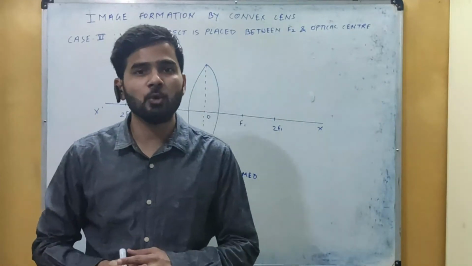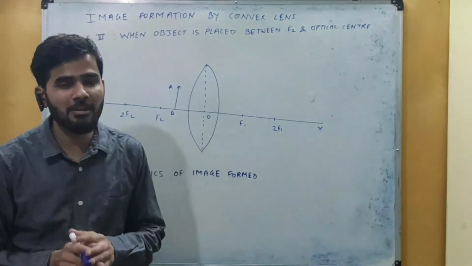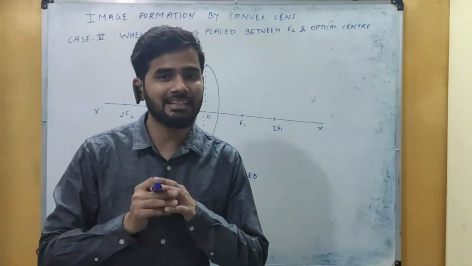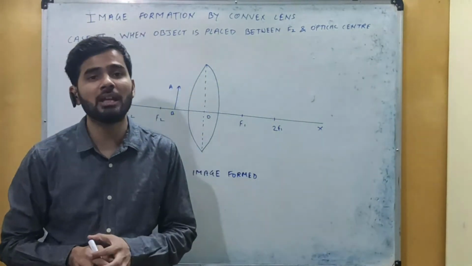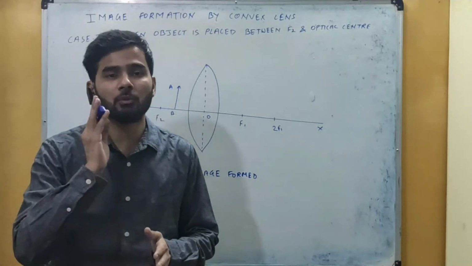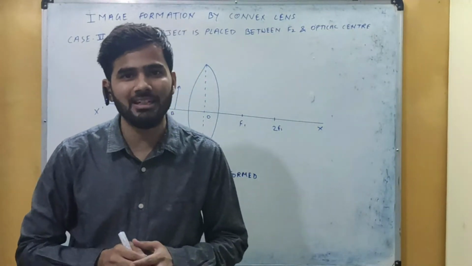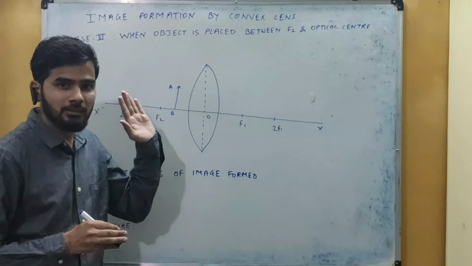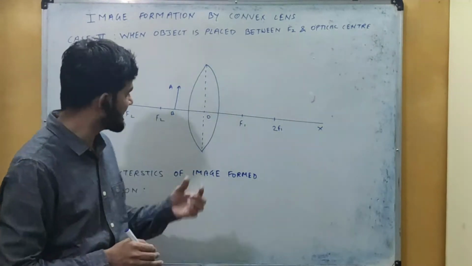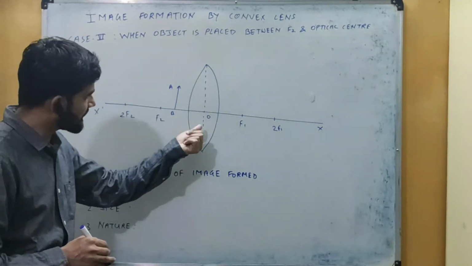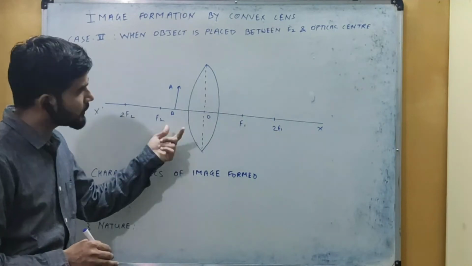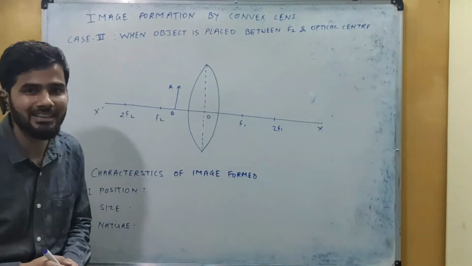Let us see one more final case of the image formation by convex lens, that is case 6, when the object is placed between the principal focus, that is between the second principal focus and the optical center. Now we are moving the object more closer to the lens. तो ऑब्जेक्ट कहां पर है, यहाँ पर between optical center and f2. So here we will draw the image formation for this case.